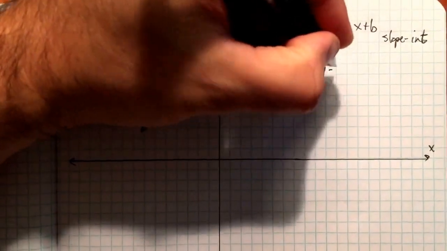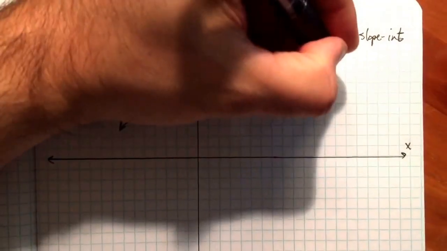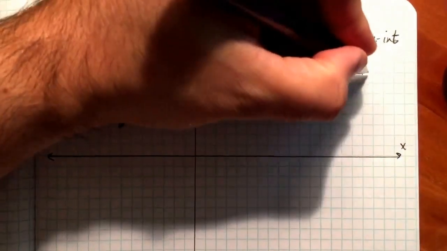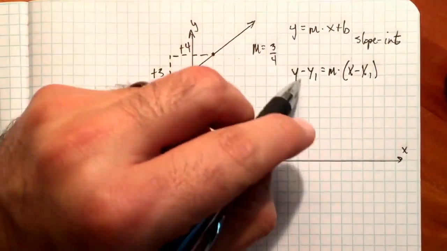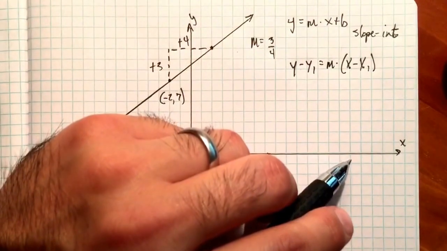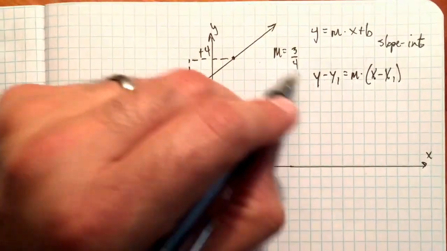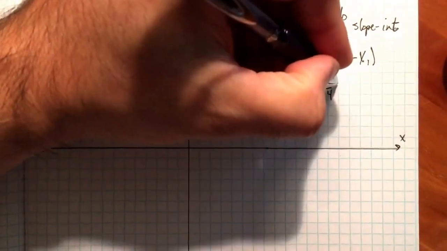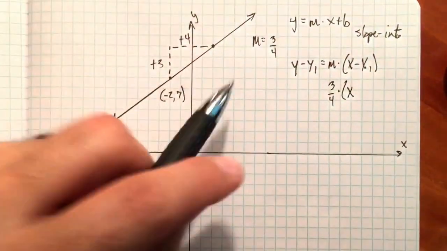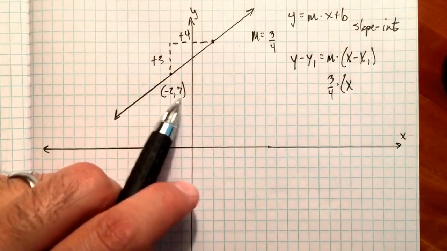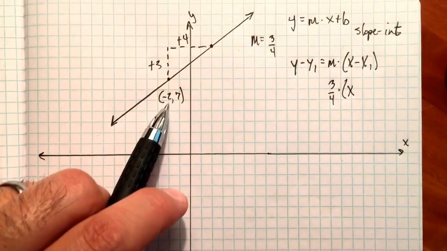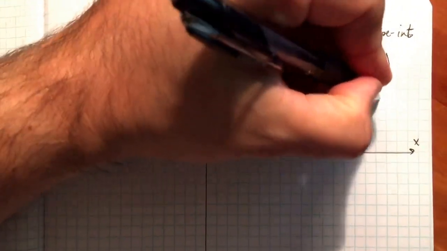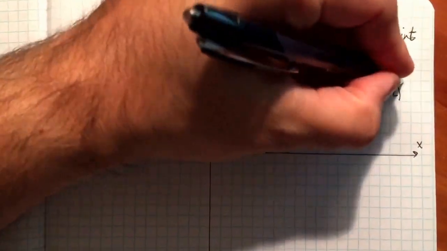So I'm going to write y minus y1 equals m times, and in parentheses, x minus x1. Now the negatives are very important. These are part of the formula and we have to pay attention to those. So I'm going to insert my slope, which is 3 over 4, times x. And let's use this point here, (-2, 7). Now my x value is -2. I need to put in a negative symbol from the formula and a -2, which is my point,